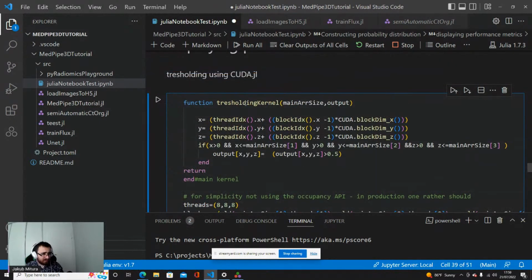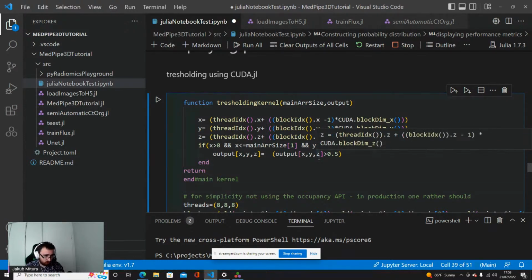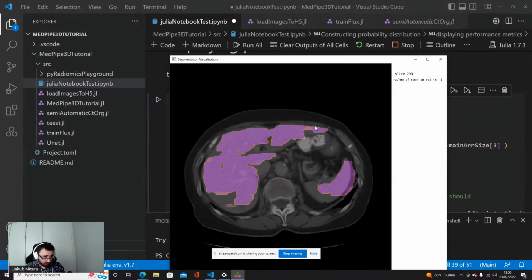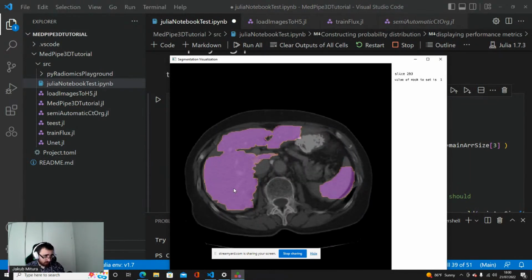However, in order to get a metric, we need to have data prepared. There are a lot of different metrics, but most of them are based on the fact that the algorithm should be sure about the result. We are checking each voxel, one by one, and each voxel should be either liver or not liver, some label or other label. But now we have a different situation. Now we have floating point numbers. Our algorithm decides that in some places there is high probability, in some places low probability. So we need to binarize it.